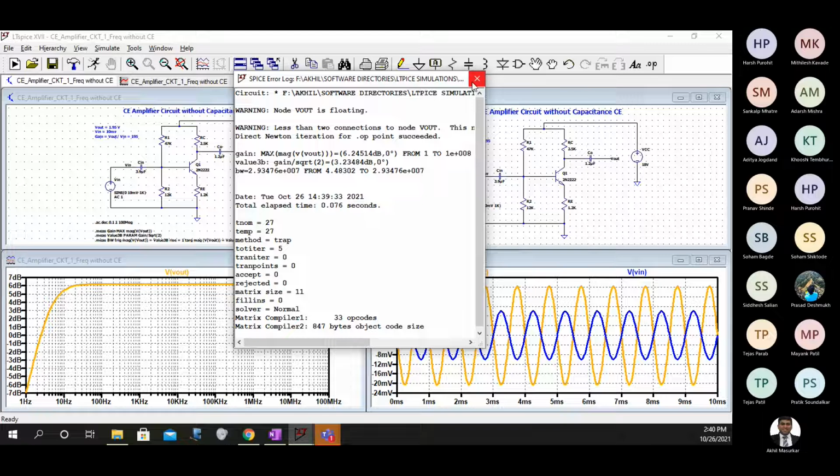So do we have such an amplifier? The answer is yes. But do we have it in your course? The answer is no, because that requires a multi-stage operation. So you can do that by using a CE, common emitter, cascaded with a common collector. When you do that, your bandwidth increases but gain does not decrease.